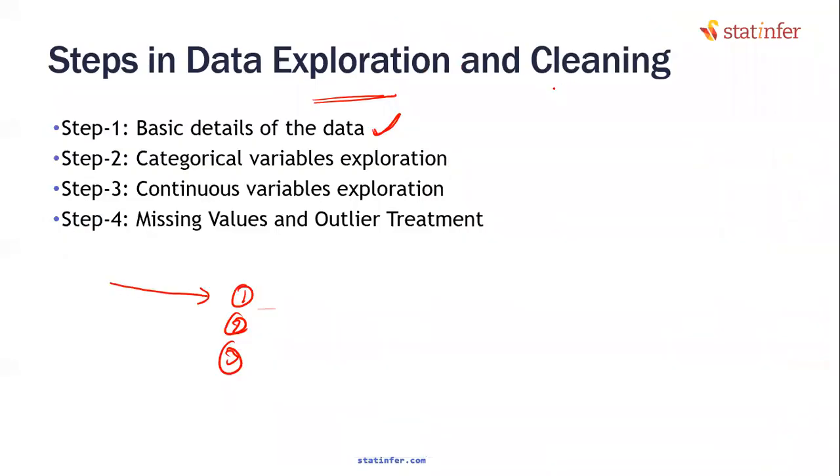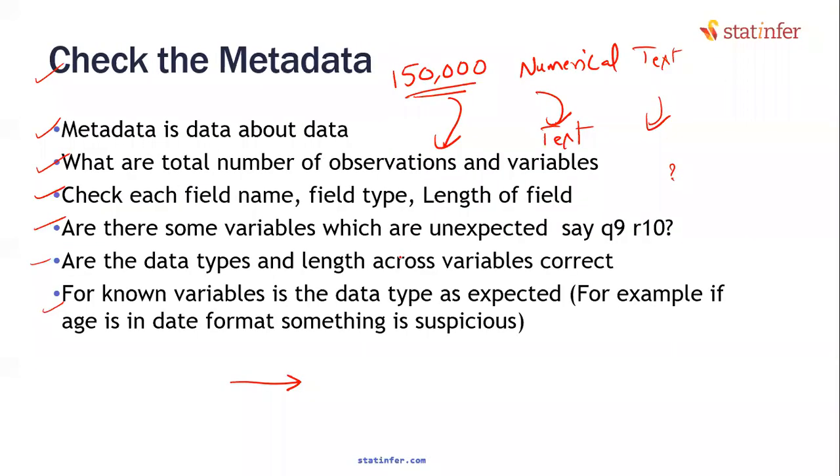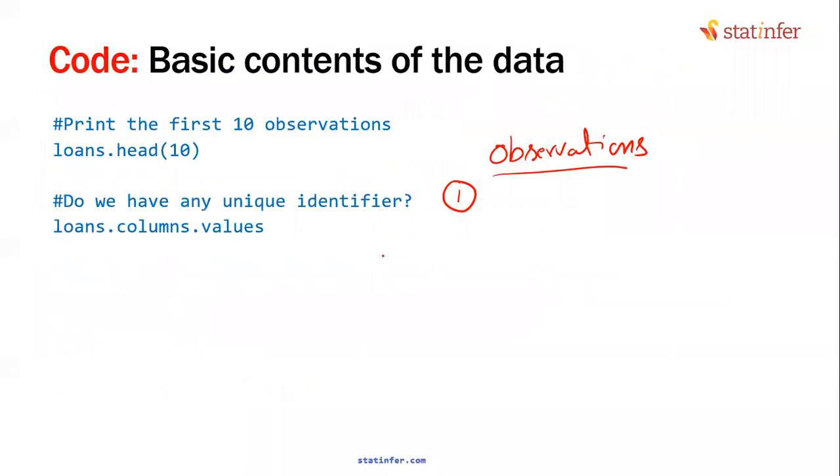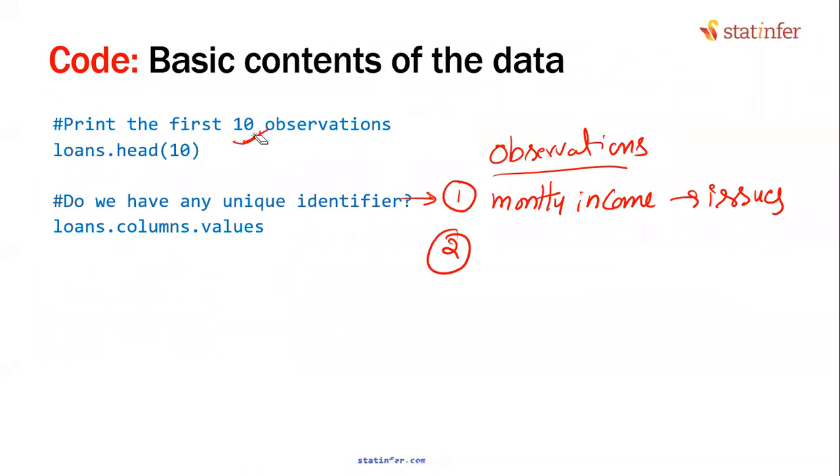Let me write them cleanly. In the second pass, we will come here. So the first observation is monthly income has issues. Maybe we will pass through this 3 or 4 times. In the first pass, you have observed in the first 10 records itself, you're lucky. Otherwise, in the second pass, it will get caught anyway.